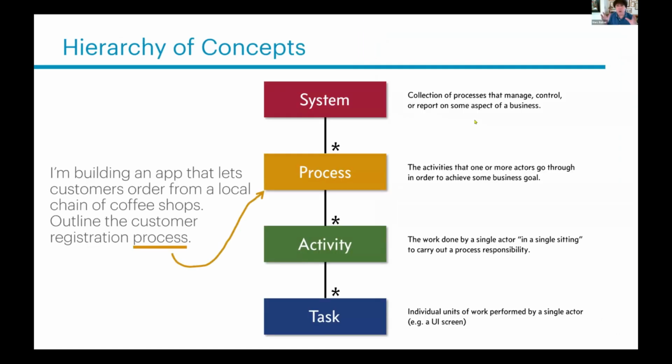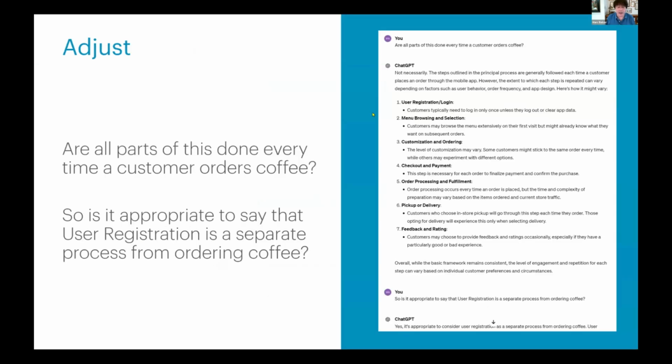Now, of course, when we talk about organizing knowledge, it's useful to have a vocabulary. And this is a very old picture that I've been using for years and years to talk about four basic bits of vocabulary. What's a process versus what's an activity versus a system? A system is a collection of processes. Processes are the activities performed by different actors. Activities then divide into tasks. Okay. It helps to have a vocabulary for organizing that kind of information.